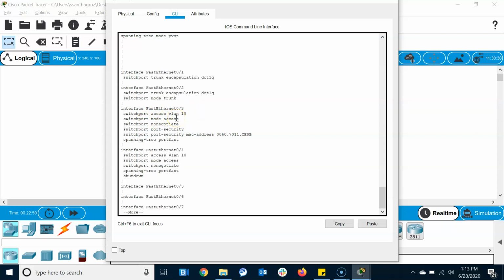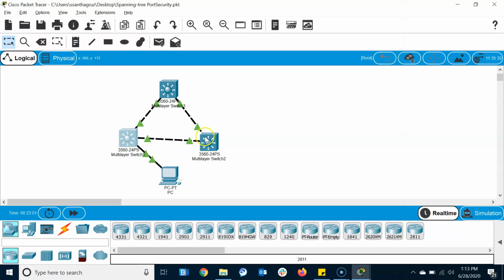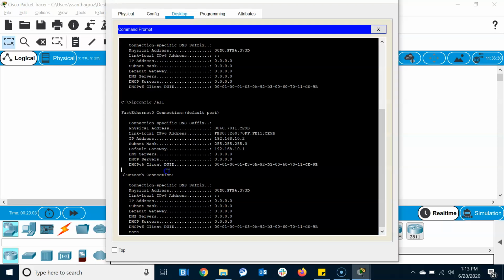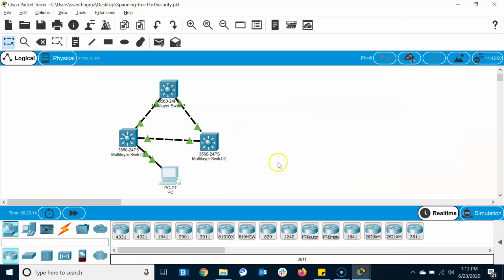And for enabling the port security, just go switch port security, which will enable the port security, and go to switch port security MAC address, followed by the corresponding host MAC I have to input. So this is the host MAC. You have to see the MAC address. It is a physical address. It's a 48-bit address. So this is the address I have hard coded in that configuration. So I have hard coded like this: